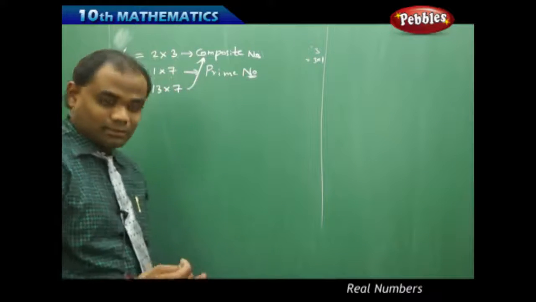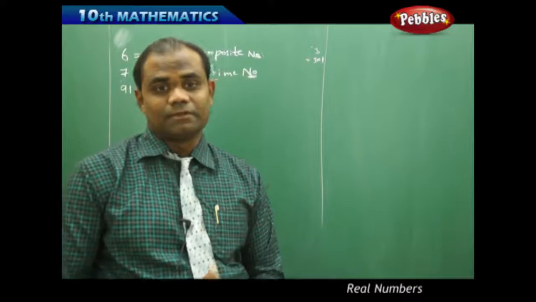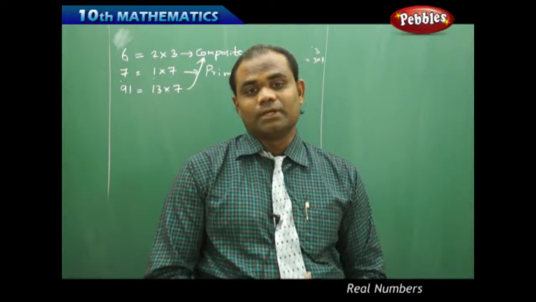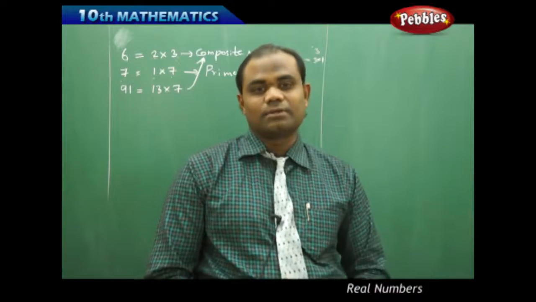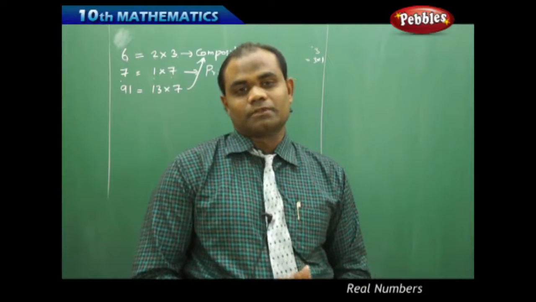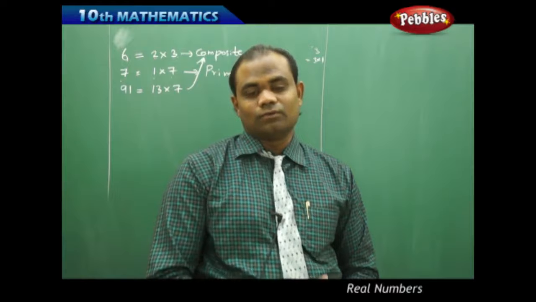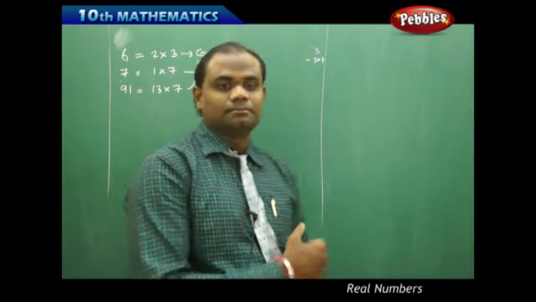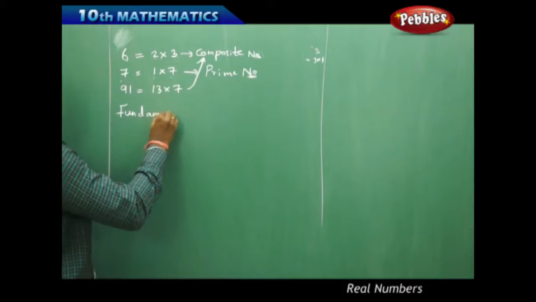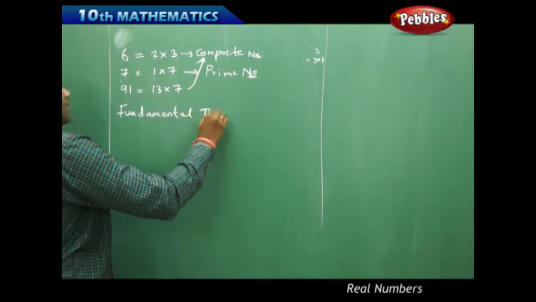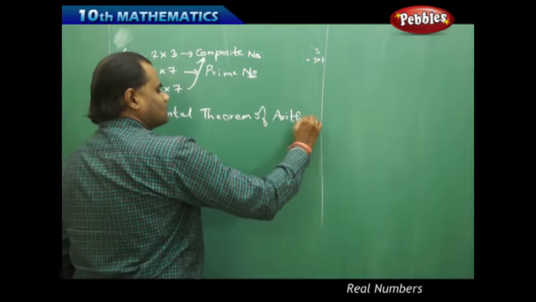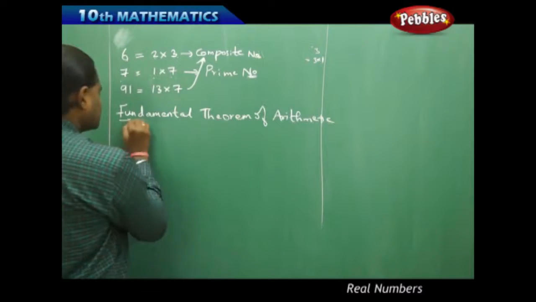So with this discussion of prime and composite numbers, which we already discussed in the lower classes, now comes the most important theorem in mathematics connecting prime and composite numbers, called the fundamental theorem of arithmetic. So let's see what the statement is which makes the theorem. The fundamental theorem of arithmetic states that